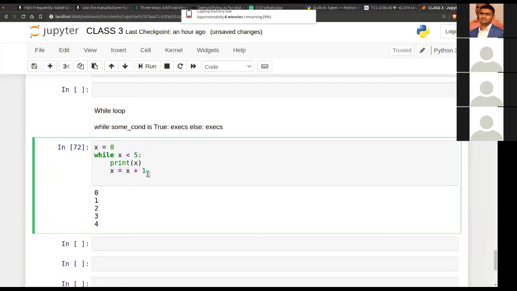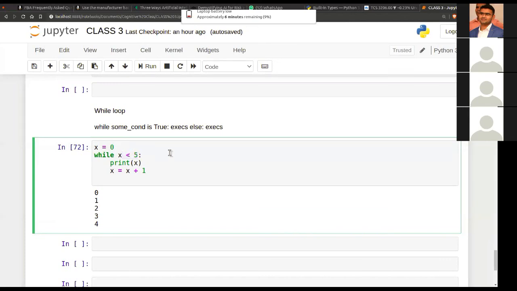Suppose we don't increment it. The while loop will execute this code forever, because x would never reach 5 and this condition will not go false. If it always remains true, this loop will run an infinite number of times.